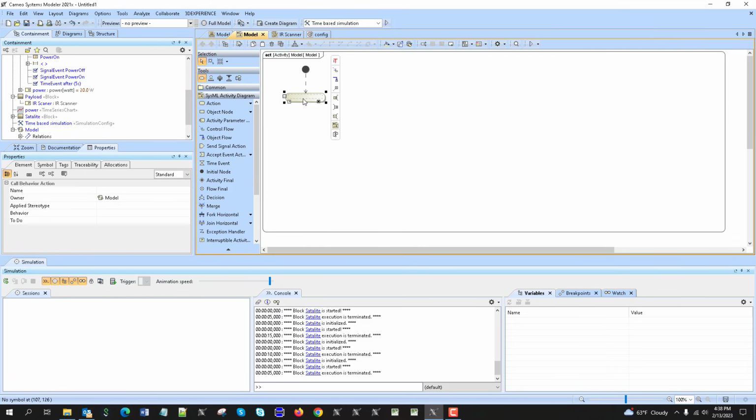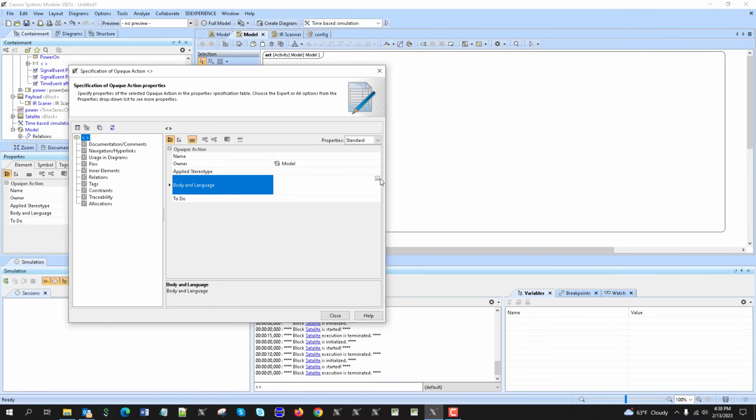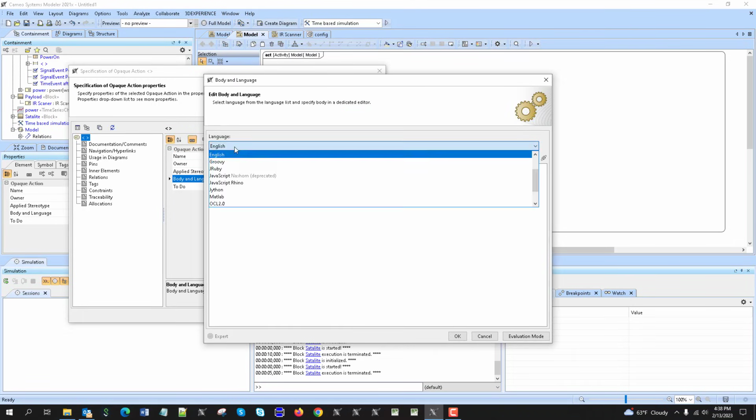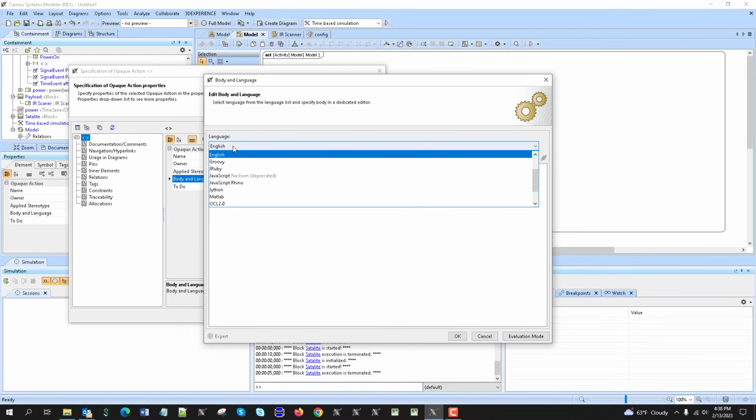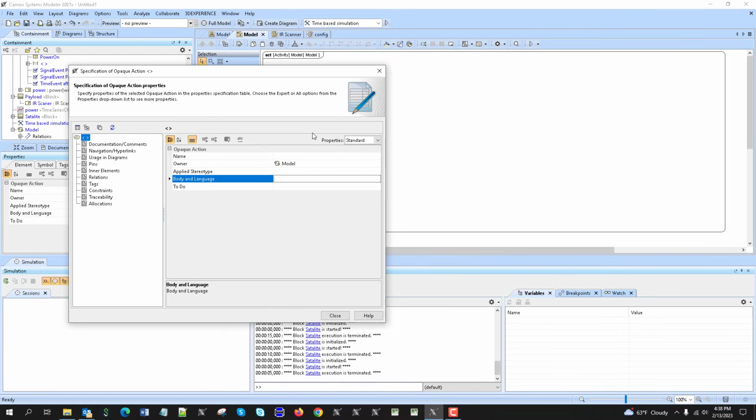Start like this, monitor, then let's do like this. Let's use opaque behavior. Opaque action can actually read the properties. It has the same body and language, which can be executed in any body and language. We can by default use English. It takes then the standard script from the options in the project, and we can just say like that, power x equal power. So it will read this power property, right, and assign to x,